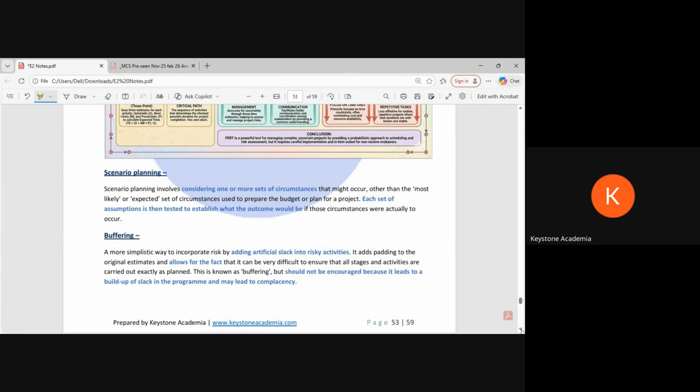Scenario planning. Scenario planning is like looking at the future. What if this happened? What will we do? Let's say government comes up with new regulation in electronics. That's the scenario plan. Let's say government says that the OEM, the original equipment manufacturer, should be recycling the products. It's mandatory for them. Then how will it affect our industry? That's the scenario plan.